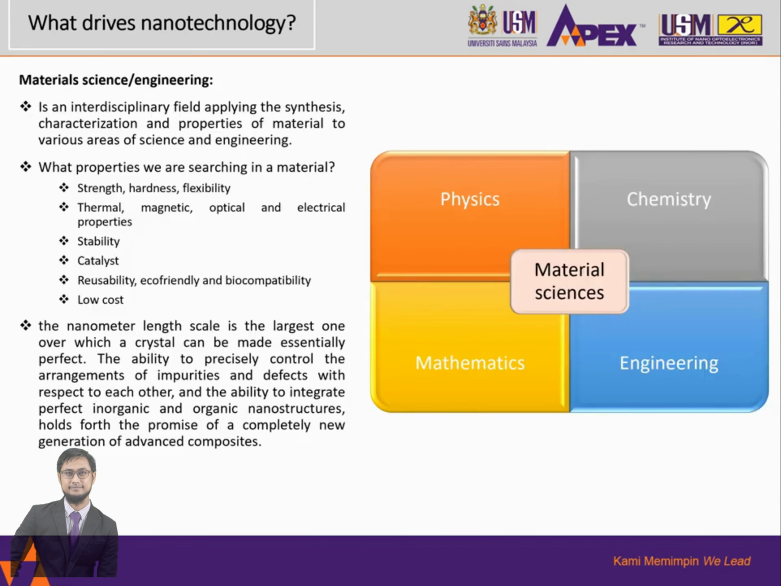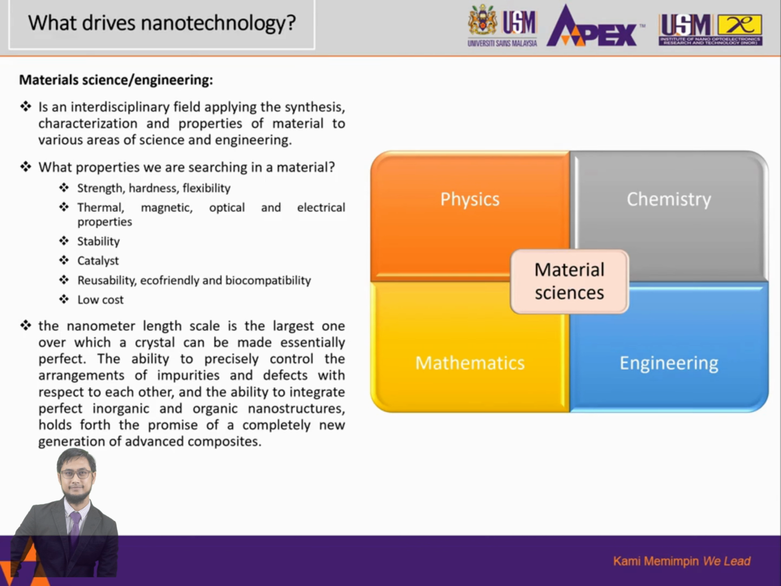Next, we're going to talk about material science or material engineering. Material science or material engineering is an interdisciplinary field applying the synthesis, characterization, and properties of material to various areas of science and engineering. So we have physics inside, we have chemistry, we have part of mathematics, and we also have engineering. What properties are we searching for in a material? The answer is strength. We're looking for strength, hardness, flexibility, thermal, magnetic, optical, and electrical properties, stability, catalyst, reusability, eco-friendliness, biocompatibility, and also